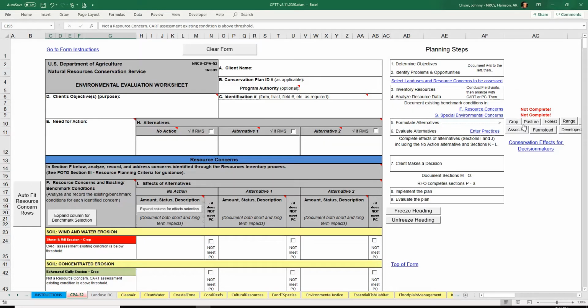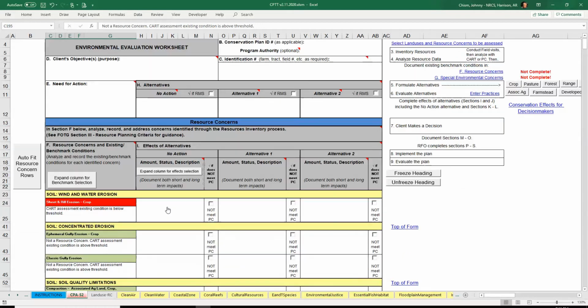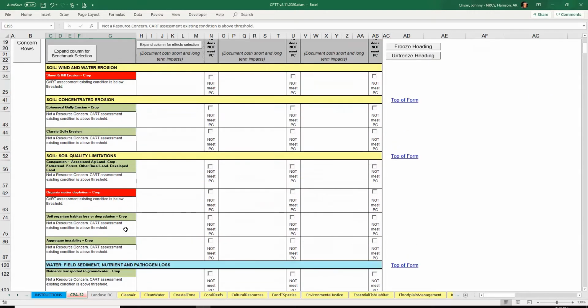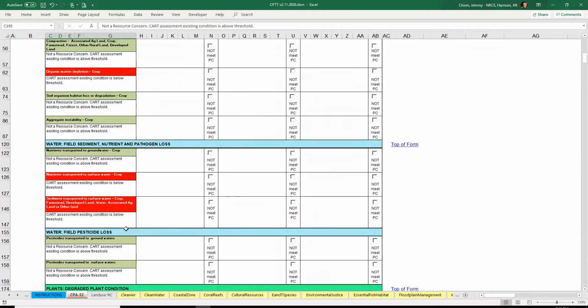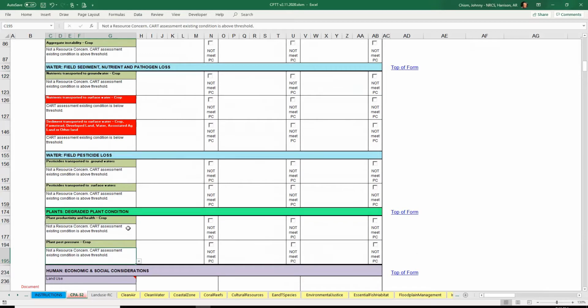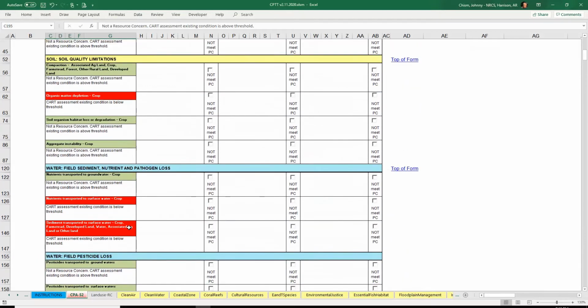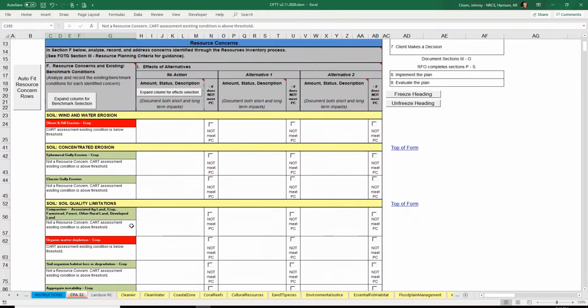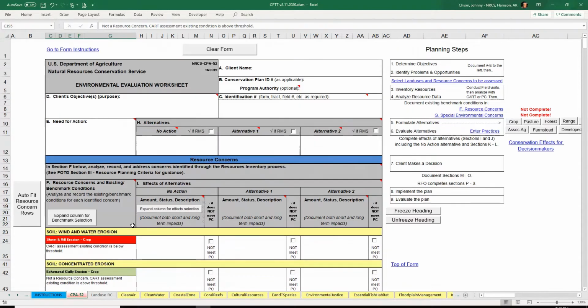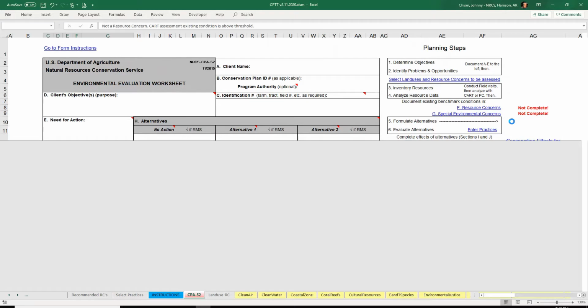So we're going to use these formulate alternatives tools here by each land use. In this case, we're dealing with cropland, but before we do that, we'll scroll down and just show that all the resource concern benchmark conditions have been documented, and the resources that are red are an actual concern. The resources that are green are not a concern. So if we click on the cropland tool, it will take us to the formulate alternative, which will show us the